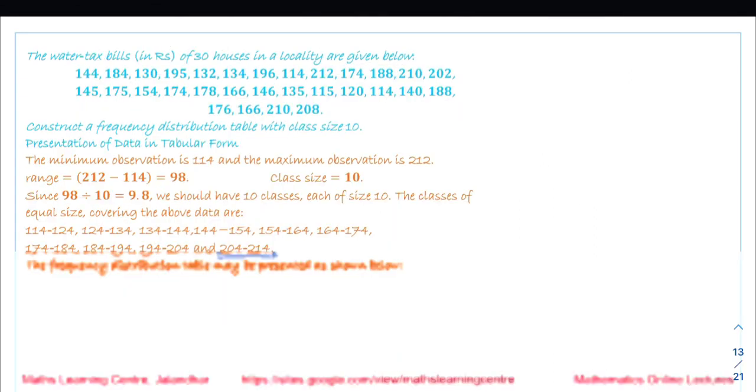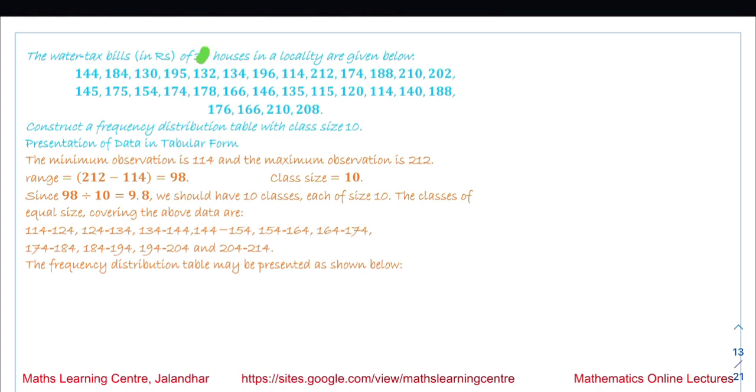Now in this next question, the water tax bills of 30 houses in a locality are given below. So there are total 30 houses we are talking about. We have to construct the frequency distribution table with class size 10. So first thing we are going to see from this is that the minimum value over here is 114, and the maximum value that we have is 212,